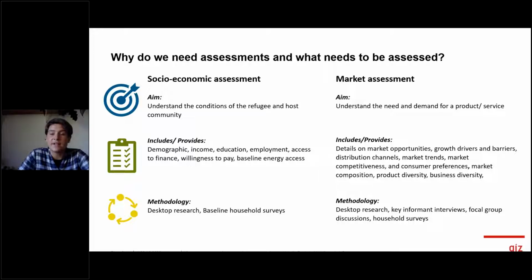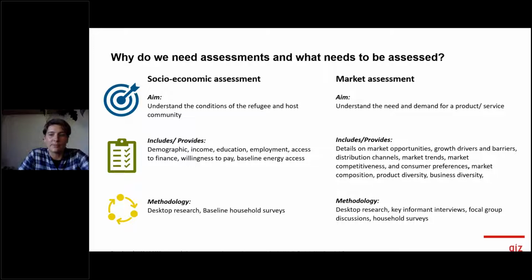So once you have decided that you want to leave the conventional humanitarian path, your assessment will look quite different from the traditional needs assessment in the humanitarian space. And the main need is that you have to understand the socioeconomic situation of the community and also the market. So I'm not again giving you the silver bullet solution here, but